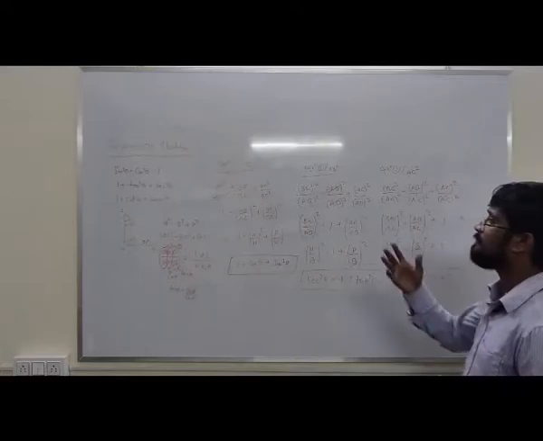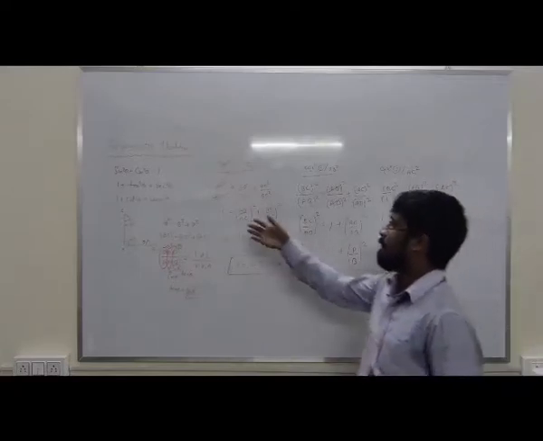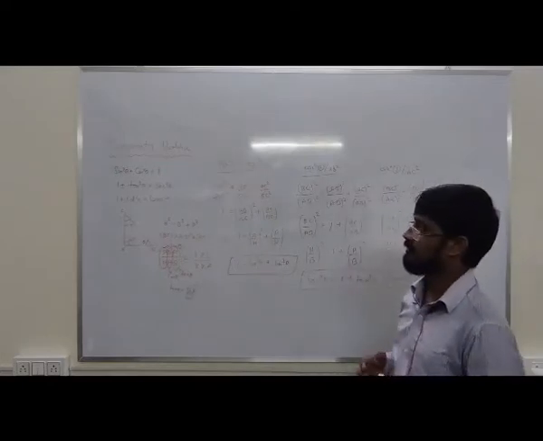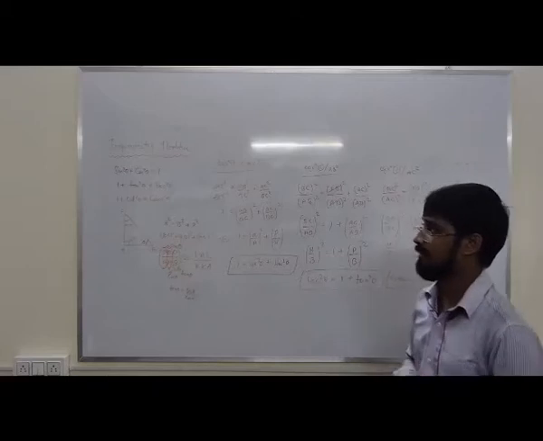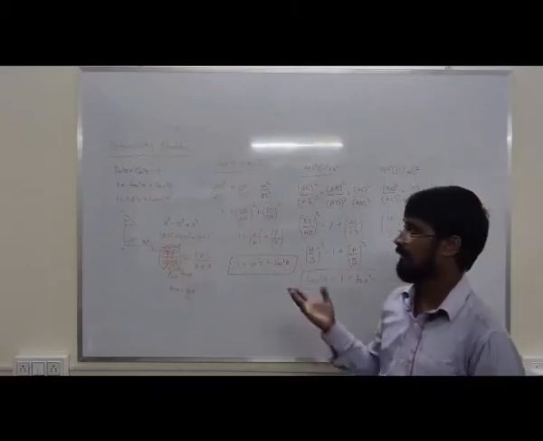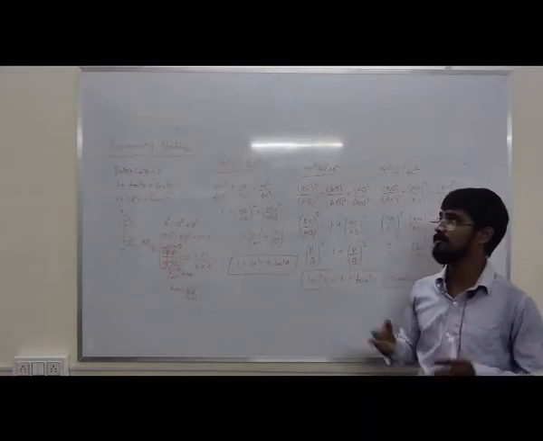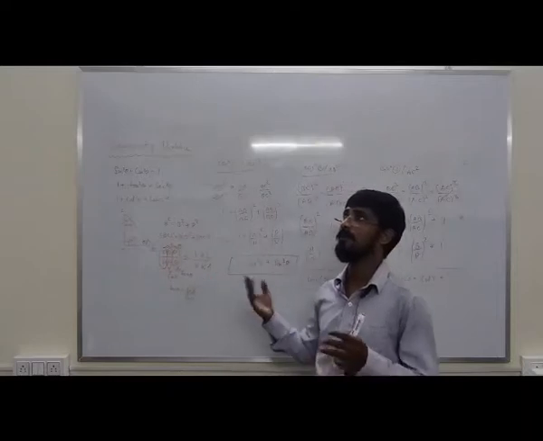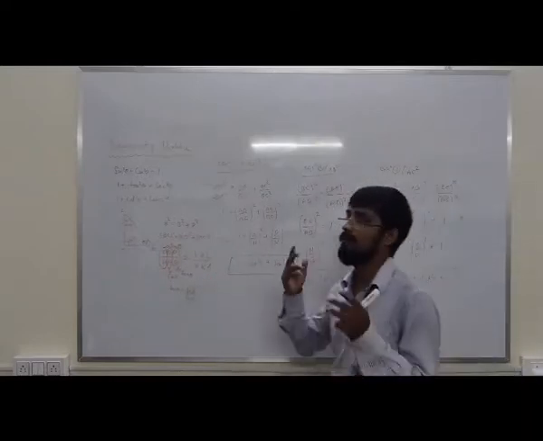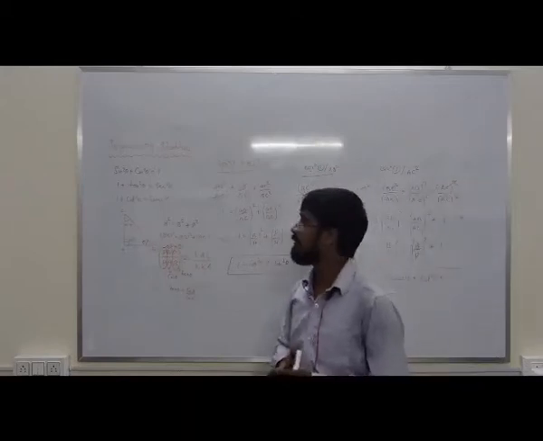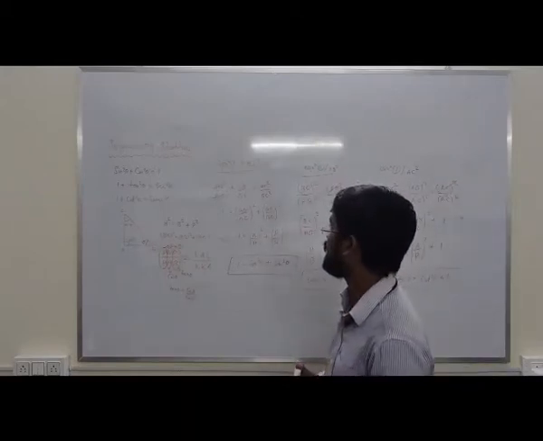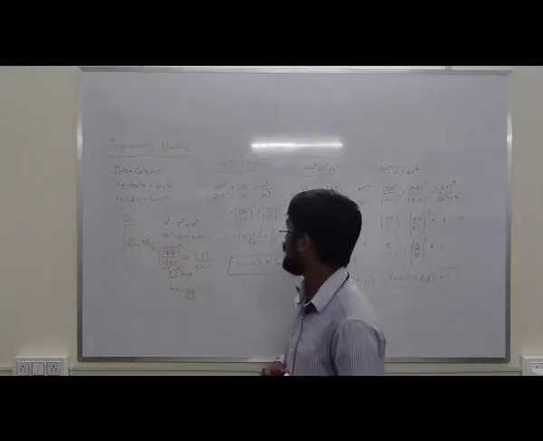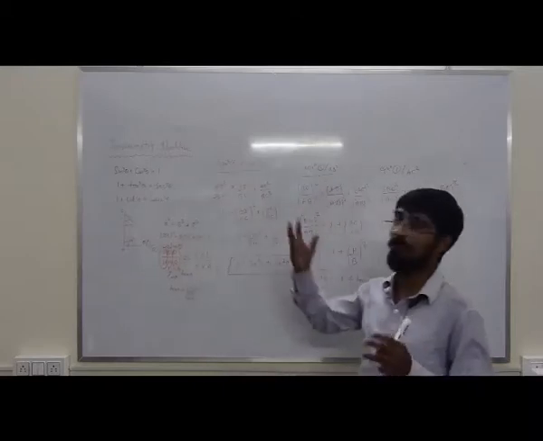These identities play a very vital and important role when it comes to solving very complicated equations. As I told, if you want to find the distance between two bodies which are very far away, like the distance between Mars and Earth, how do you find it? There trigonometry plays a very important role. So that is it for today. I think you understood very well, and you understood the importance of trigonometric identities.